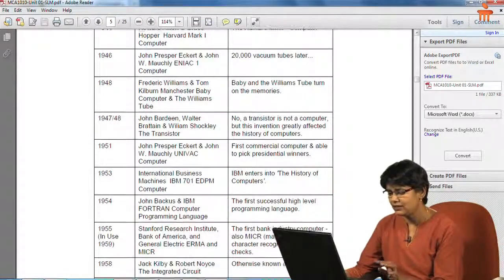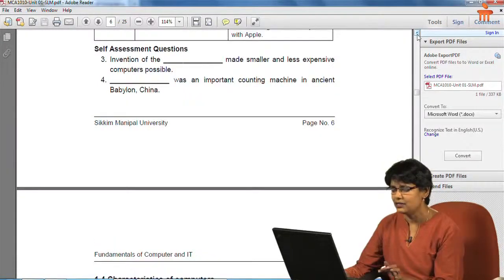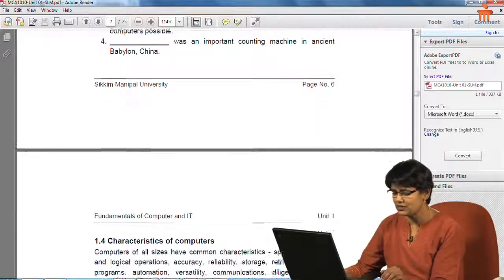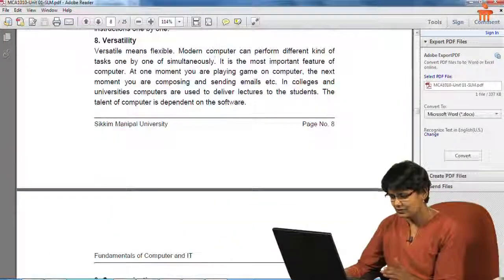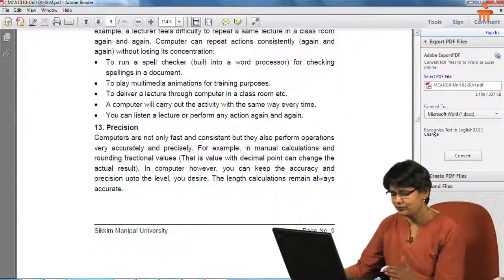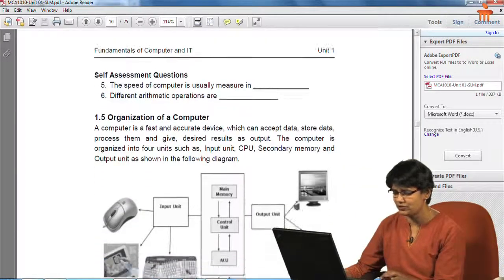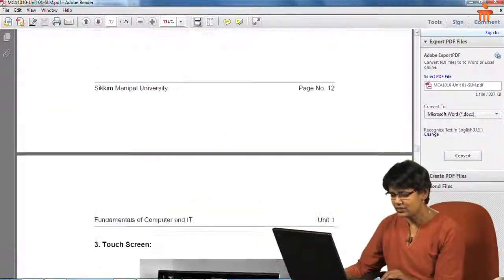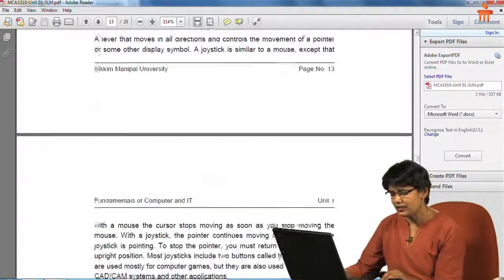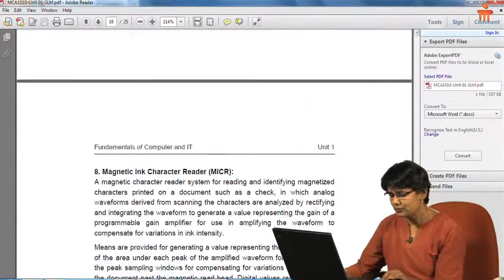So you can see that a concept has been covered here, and we'll come to the self-assessment questions. These are the self-assessment questions for the second concept. You can continue to see these concepts covered this way, followed by the self-assessment questions, as you can see here. Another set of self-assessment questions for the coverage of the third concept. Now comes the fourth concept, and it continues this way till the end of the unit, where you will see that a summary has been provided.